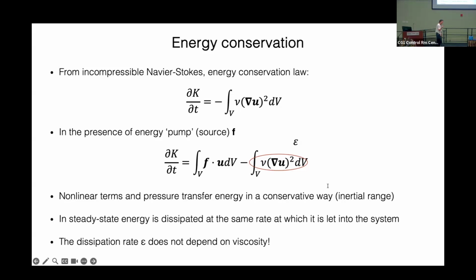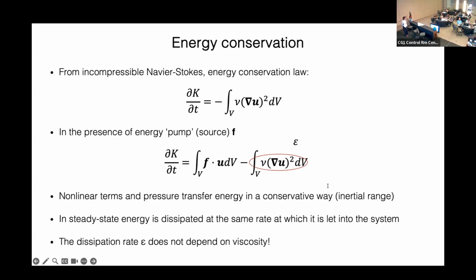Now, you can have a forcing. You can force your system, just like when you're stirring your coffee. You are injecting energy into the system. Or in the case of the sun, it is continuously injecting waves into the solar wind. So if you add a forcing term here to the energy balance, this is what you get. And the wonderful thing here is that you can achieve a steady state where dissipation balances injection.